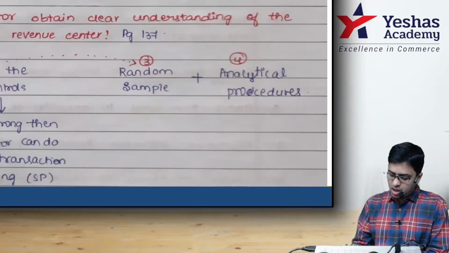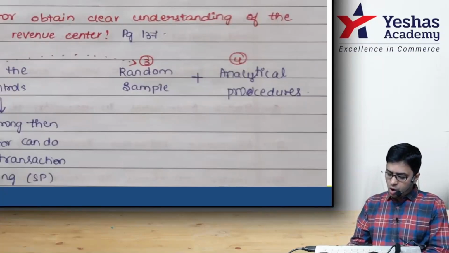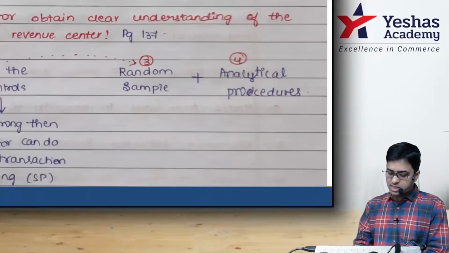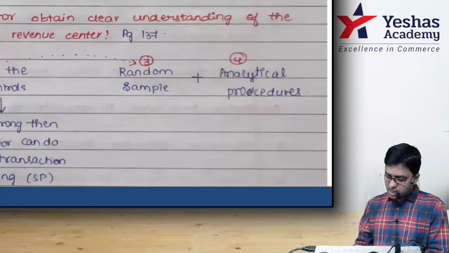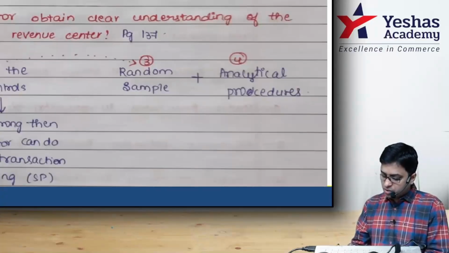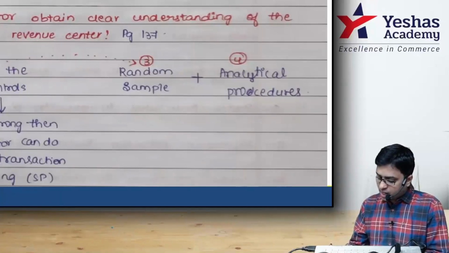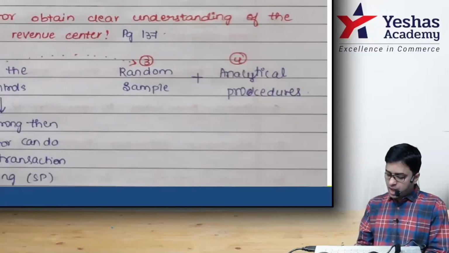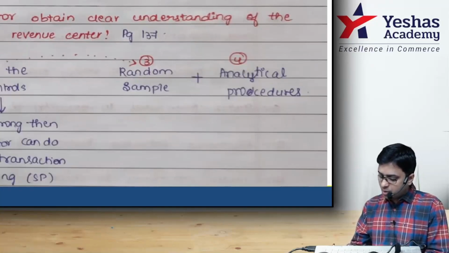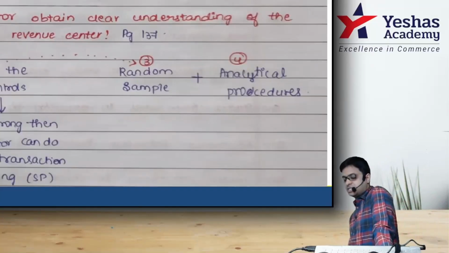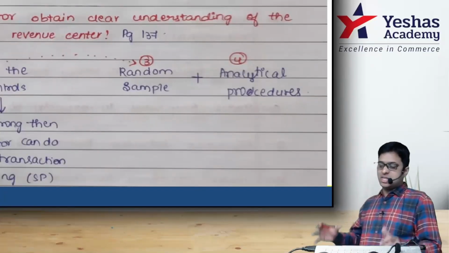Point number 1. Auditor needs to obtain an understanding of the management control, means internal controls, in respect of their sales process. Point number 2. The auditor tests the controls of the entity set up for the sales cycle to determine how strong and how reliable they are. If they are strong and operating effectively, the auditor can reduce the extent of substantive testing. Any deficiencies, weaknesses in the internal control shall be communicated as per SA 265. 265, you know very well. Once you know the standard, everything makes sense in auditing.